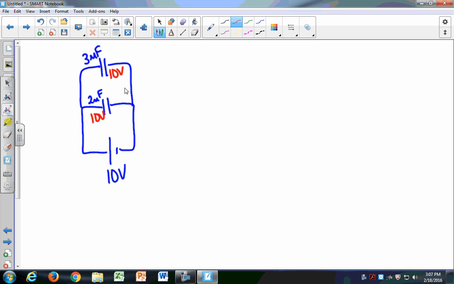Okay, so now the hard one, and this is what you'll have on the test, are combination circuits. You'll have several like this. So let's say